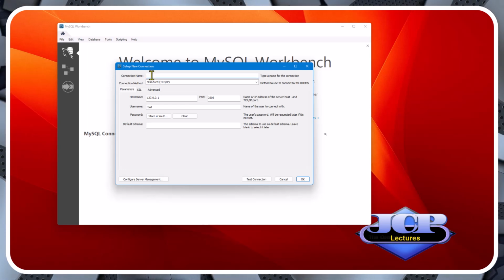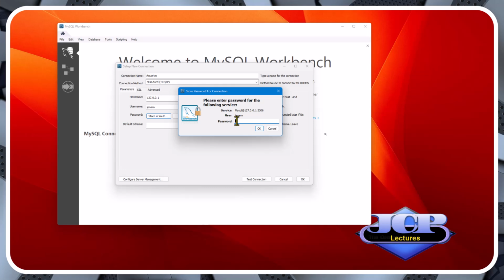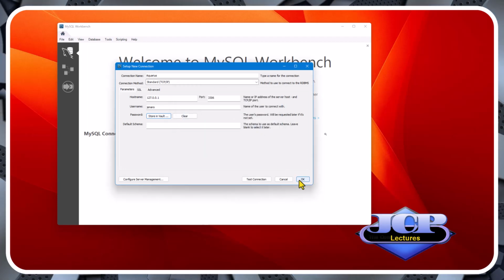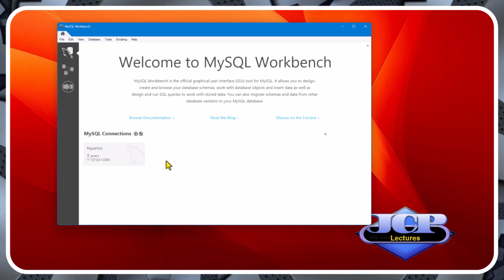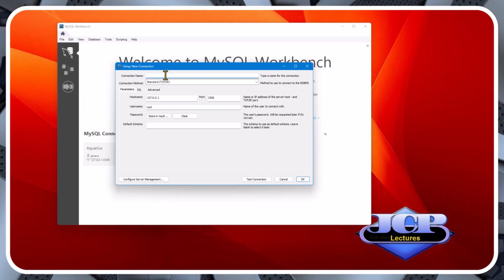Here we are creating connection Aquarius to a local server using Gennaro's credentials. And another connection Janus to a foreign server using the same user.